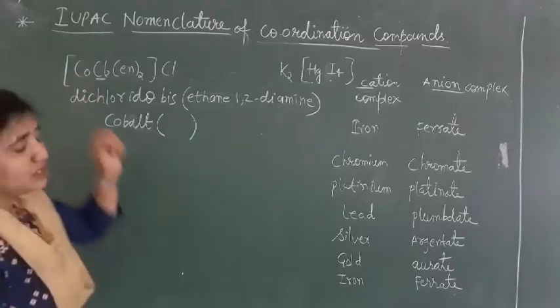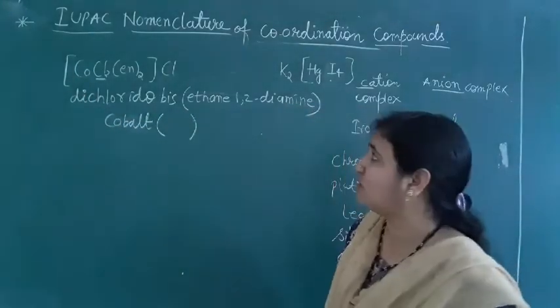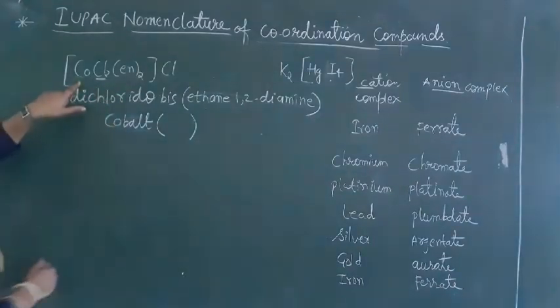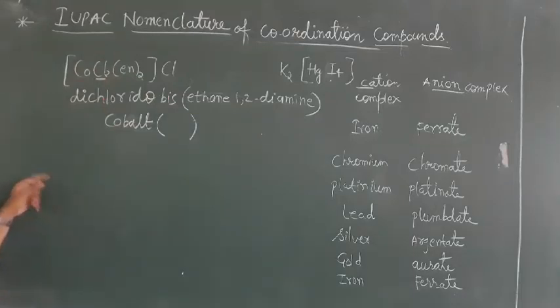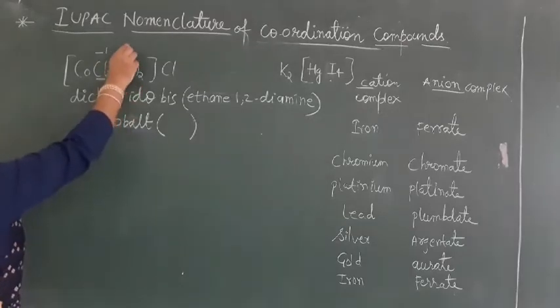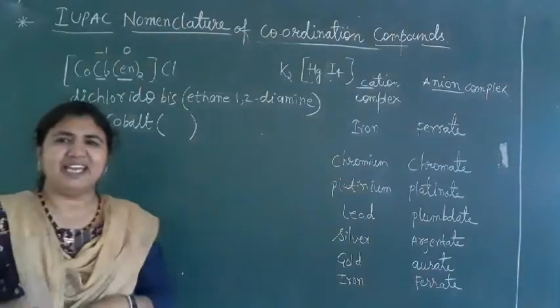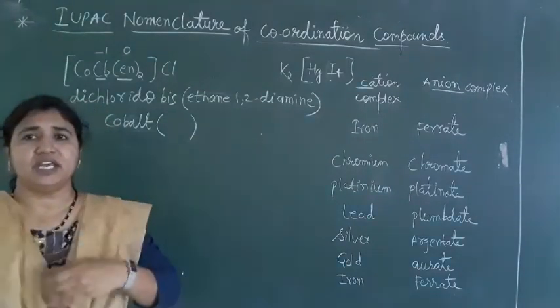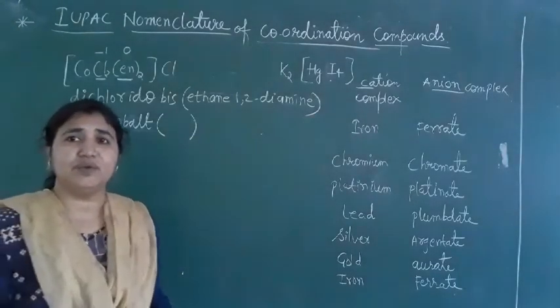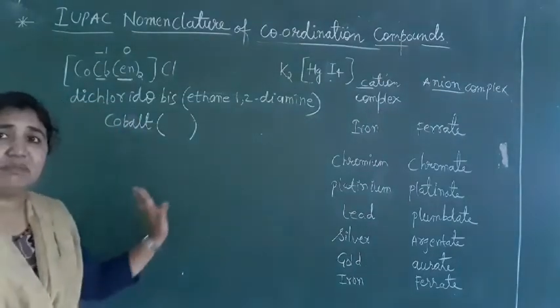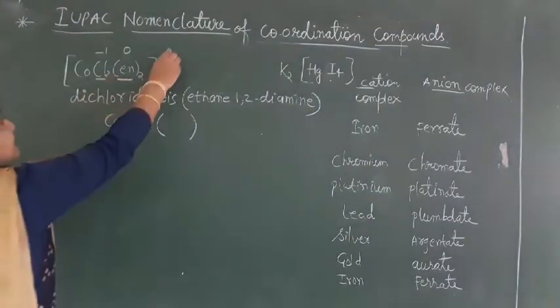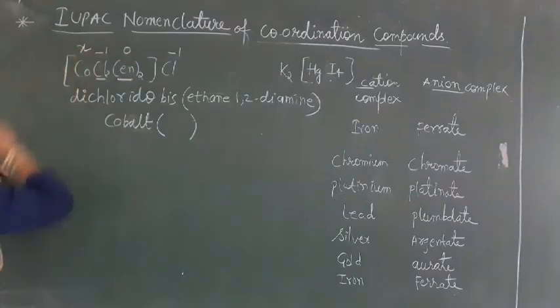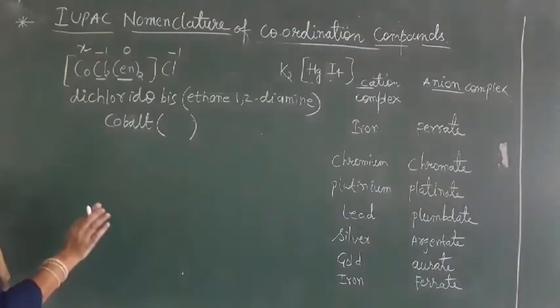The metal's oxidation state, or oxidation number. So how will you find the metal's oxidation number? By taking all the charges present in the complex. See here, this Cl will have a -1 charge. This en is neutral, so it is 0. Remember, amine, ammonia and water are all neutral ligands, just as I have written; remember that. Neutral means the charge will be 0 here. And this Cl is -1. So the metal is X. Like this you should find the oxidation number here.